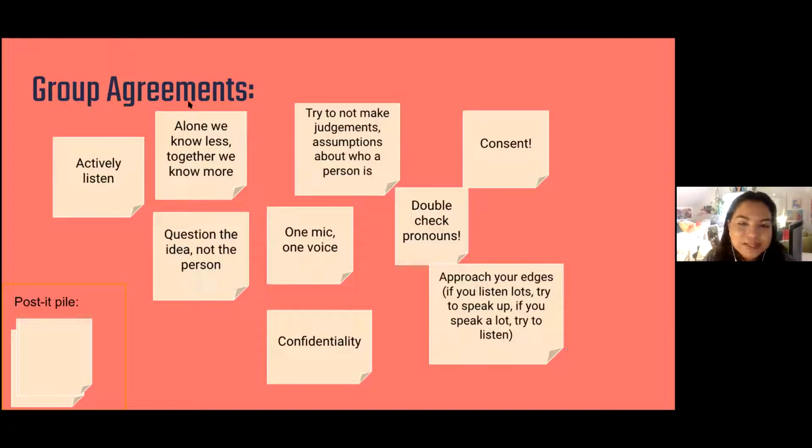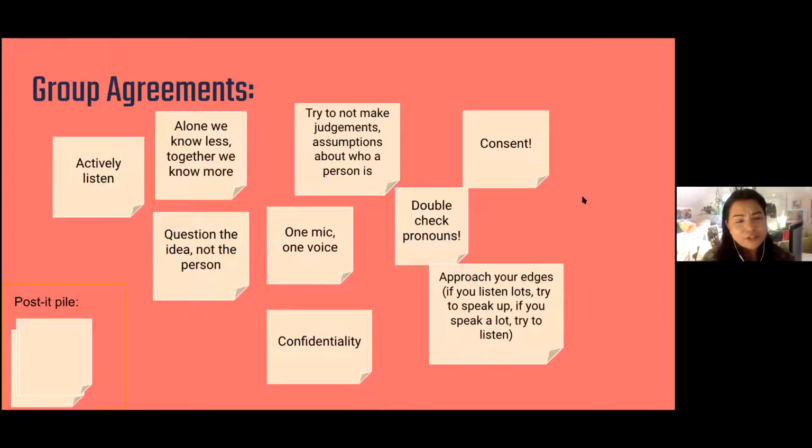Confidentiality, so stories stay and lessons leave. If someone shares a personal story, I ask that you just keep that memory. That's not something that needs to be shared, but the lessons that you learn from this workshop, I would love for you to share with other people. Consent is another one. I'm never going to ask you to share information that you don't want to share.